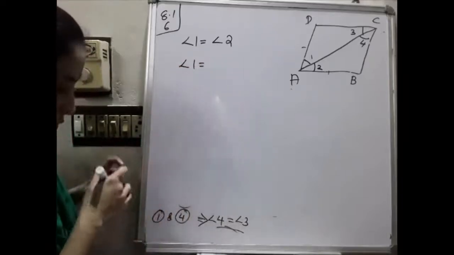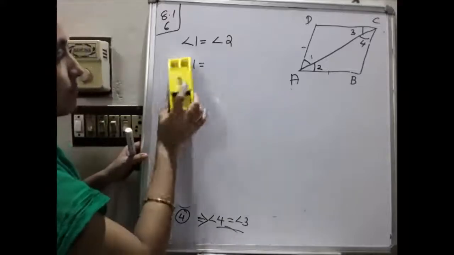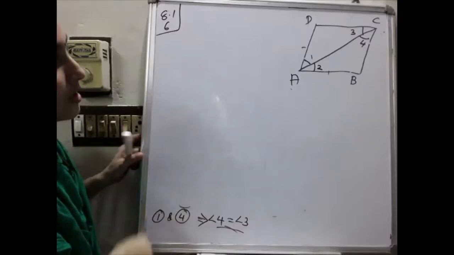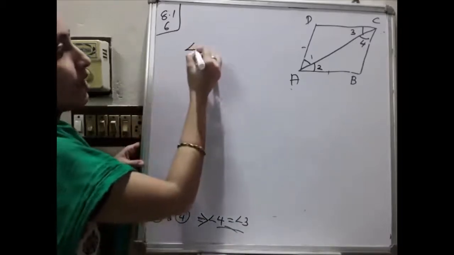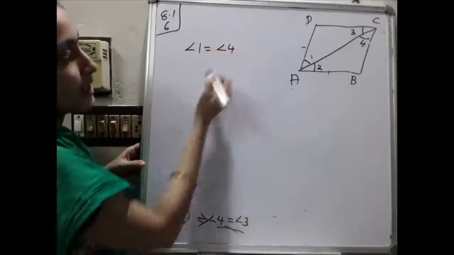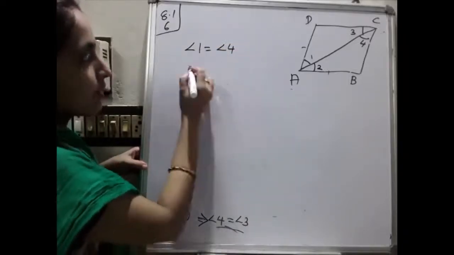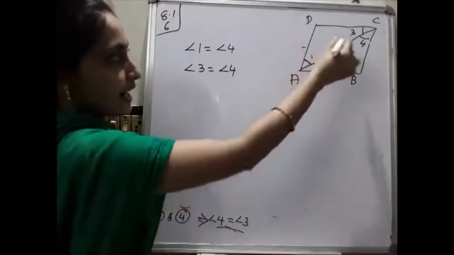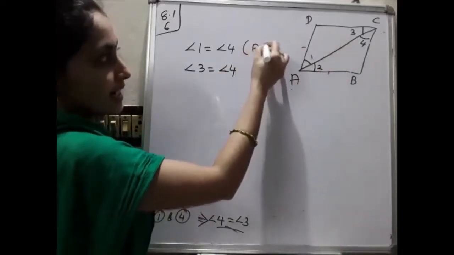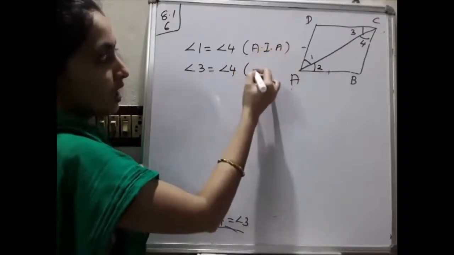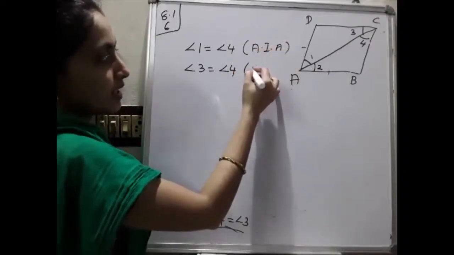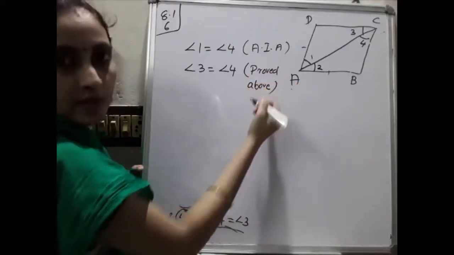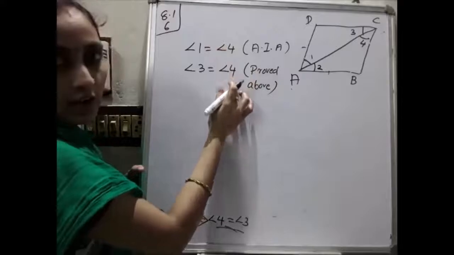No need to move like that. Just a simple way is there. So listen here, please. Angle 1 is equal to angle 4, that you already know. Now we got angle 3 is equal to angle 4. So angle 1 and angle 4 are alternate interior angles, they are equal. But we already got now that angle 3 is equal to angle 4. So from this, angle 4, we can equate the other side.